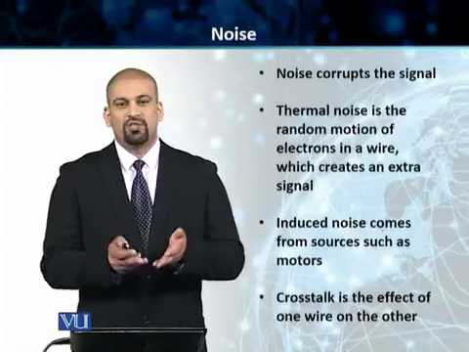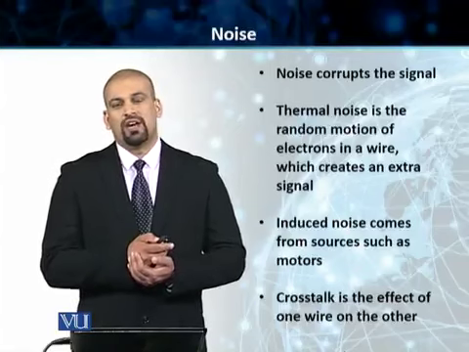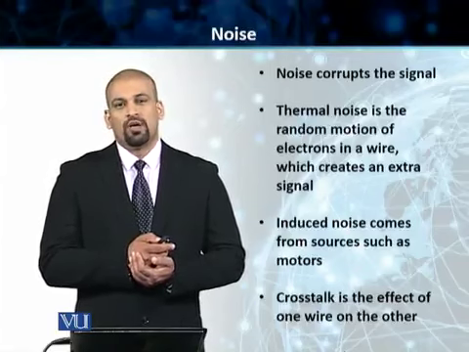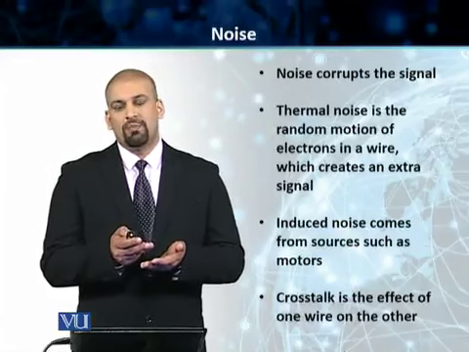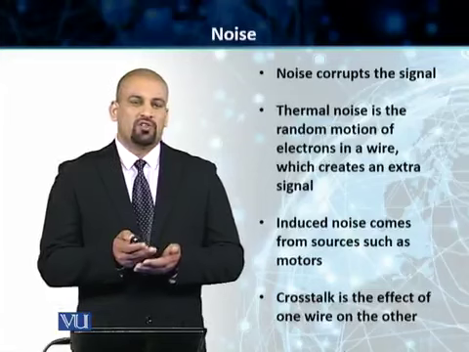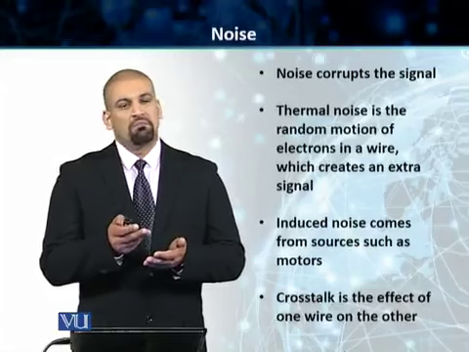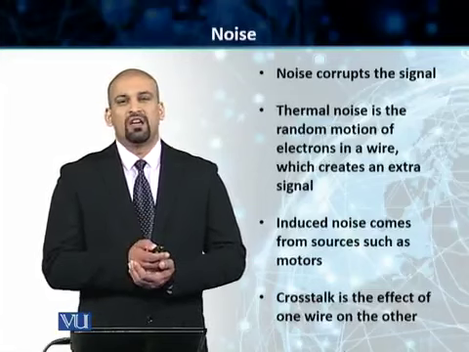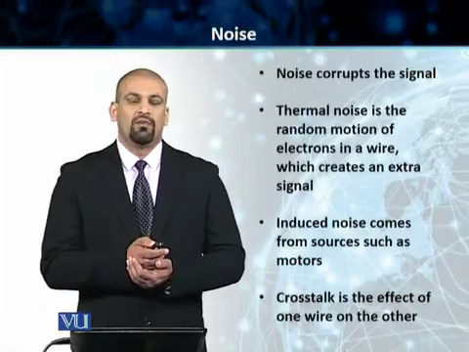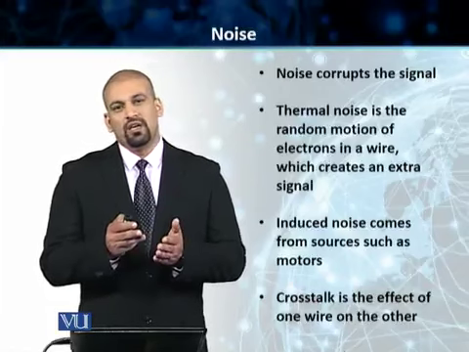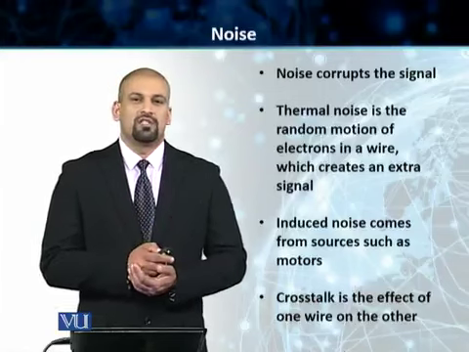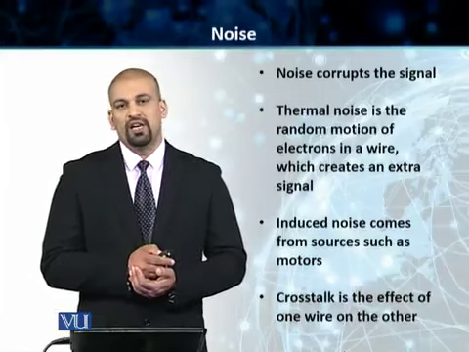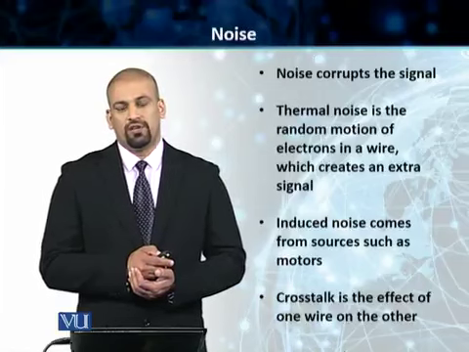If there are two wires close together, then that creates noise, which is called crosstalk. Impulse noise is another form of noise, which happens when a spike is created, and the spike can be a voltage spike, can be due to lightning or any other catastrophic reason. So noise is our third source of transmission impairment, which disturbs our signal. Let's go to the slide and discuss this in further detail.